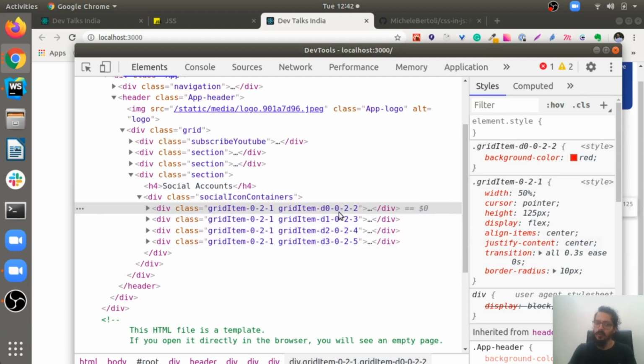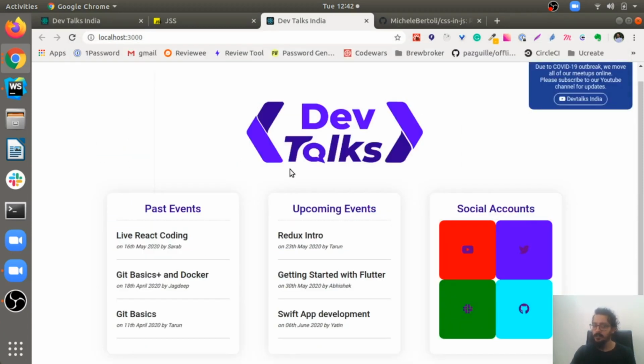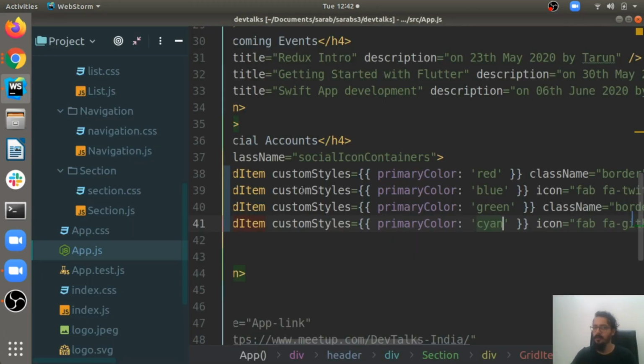And you also have the privilege to change the settings, how this will be named. It's up to you. Now you can see this class name grid item -0 -2 -1 is the same for all these 4 because it has the same styles, but they all 4 have different colors, so it creates 4 different classes, which are D0, D1, D2, D3, and they all have different colors for them. Isn't it cool? You do not need to go back and think about what would be the class name, and it will do everything for you right here.